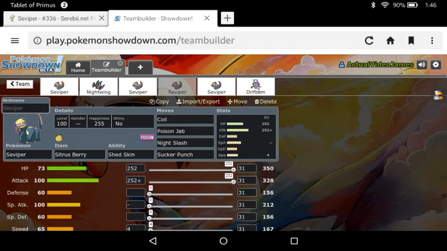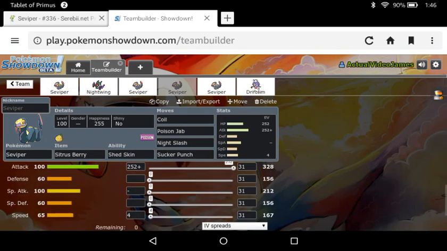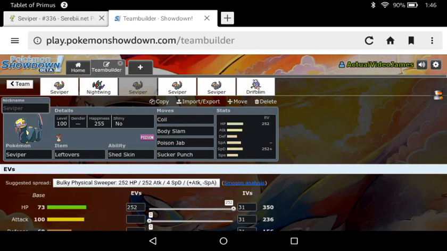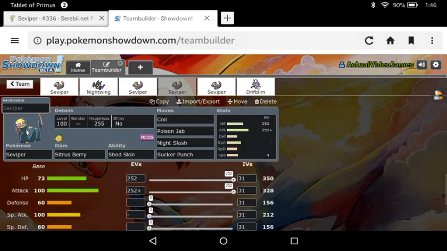And this is kind of the same as the last one, except that this one is a maxed out HP and attack with the speed nature, that the last one really only had Coil, Poison Jab, and Body Slam. And that was kind of a paralysis set, instead of an actual attacking set. But this is an actual attacking Seviper set, that we've got Coil, we've got Poison Jab, we've got Night Slash, and we've got Sucker Punch, so you can already see right away there's going to be massive amounts of damage